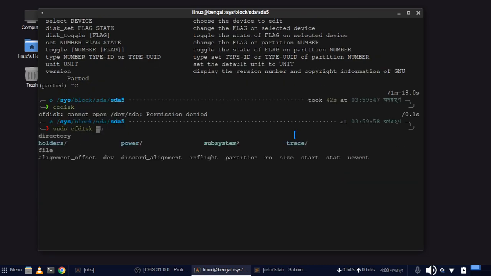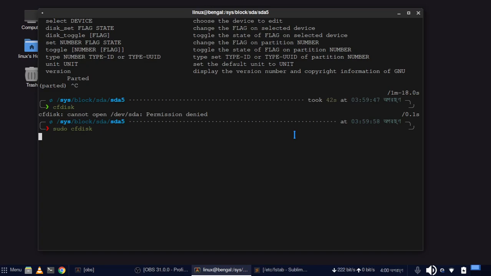Okay, so save disk is why it is not loading. I don't know, this is not loading. So I have maybe five partitions